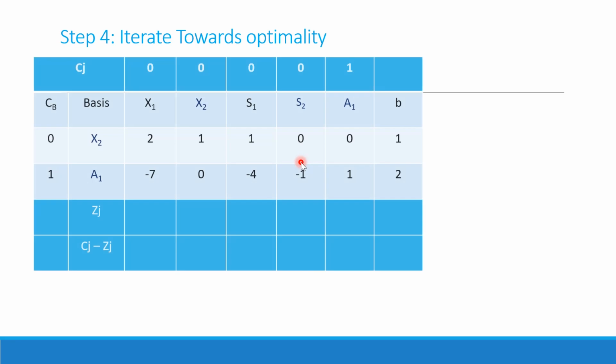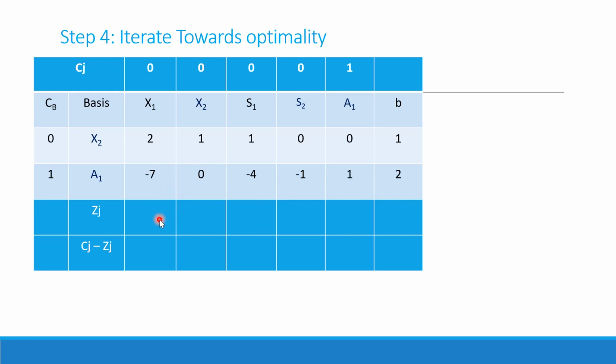Now we are going to find the second solution by iterating towards optimality. So the rest of the things are same. S1 is replaced by x2, so therefore writing x2 here, writing coefficient of x2 here, and writing the new row here. There is no need to divide 1 by anything because it is already unity, so the whole row will be same. Okay, now the next row will get changed because this has to be made 0, so we have changed this particular row.